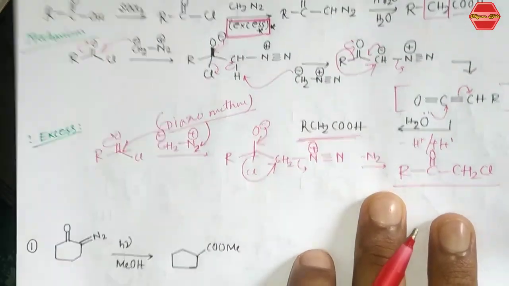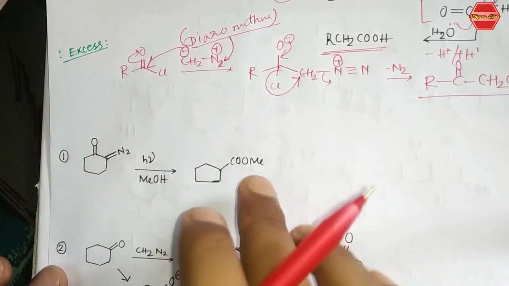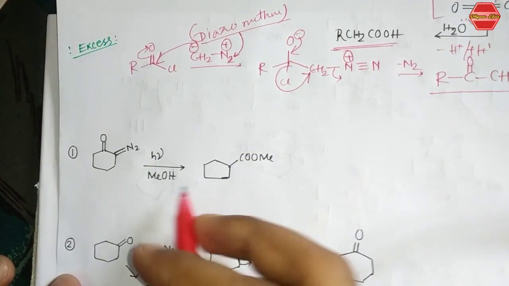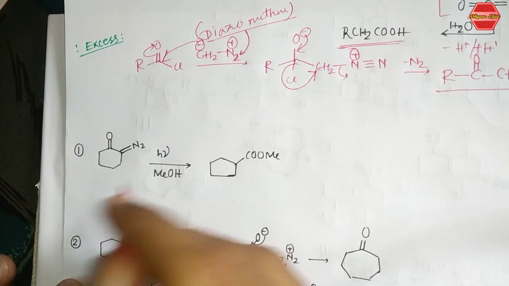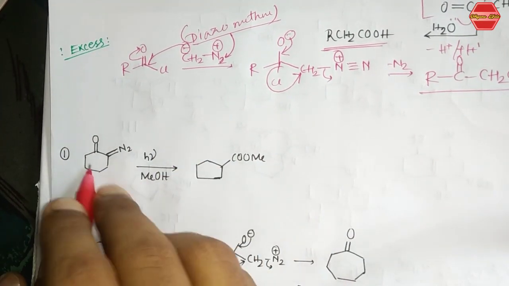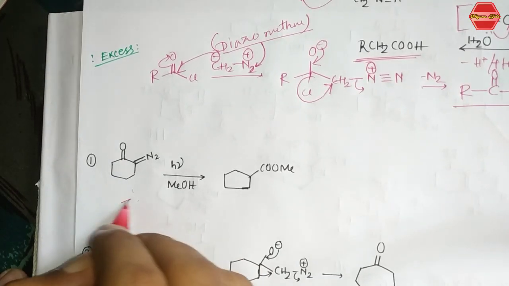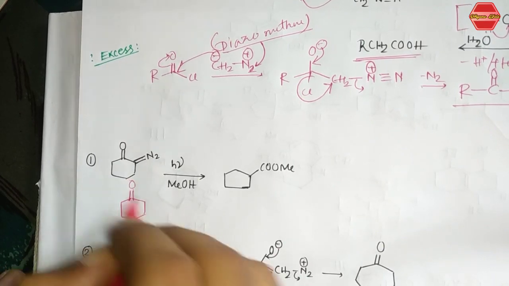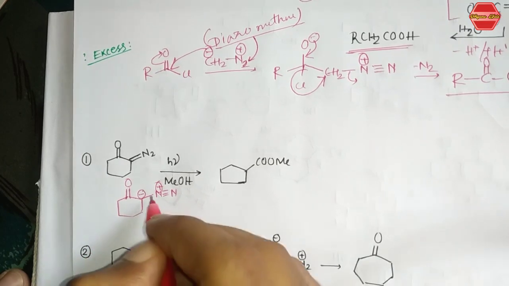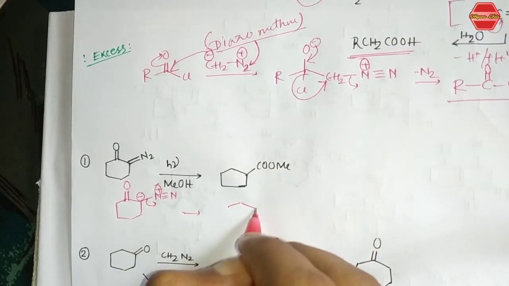takes place. Now see some example which is basically used in this CH2 by using this diazomethane or any kind of reaction like this. That is also a useful consequence of this Wolff rearrangement reaction. Now we are taking this compound. Now we can write this in this way. I've written over here, N plus, and here is your negative charge. Now if this N2 will leave from the system, then what will be the product?